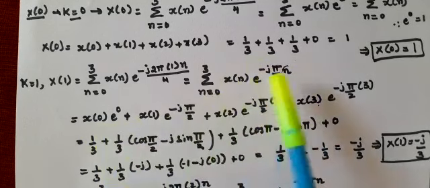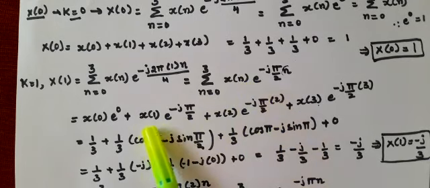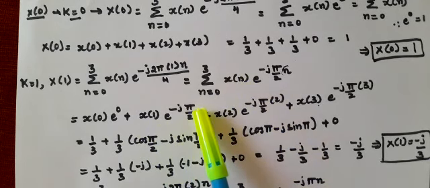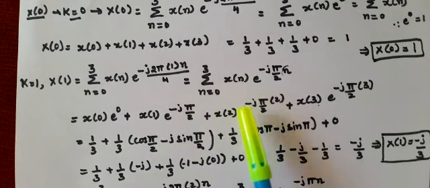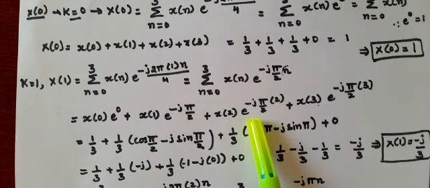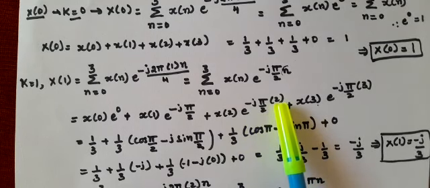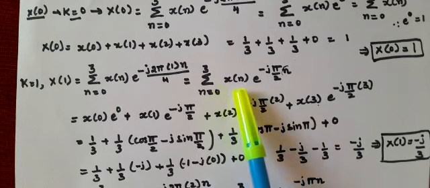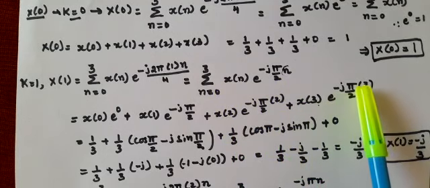So, x of 0 e to the power 0 plus, now substitute n is 1, x of 1 e to the power minus j pi by 2. Now put n is equal to 2, it will come to be as x of 2 e to the power minus j pi by 2 to the power 2. Now substitute n is equal to 3 in this, x of 3 e to the power minus j pi by 2